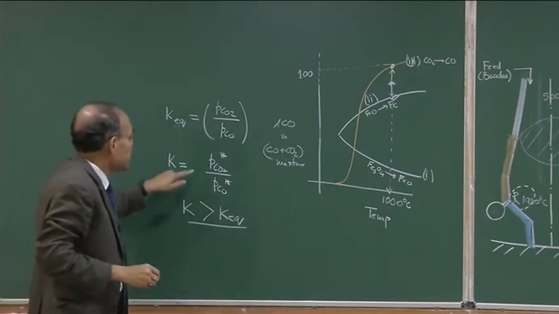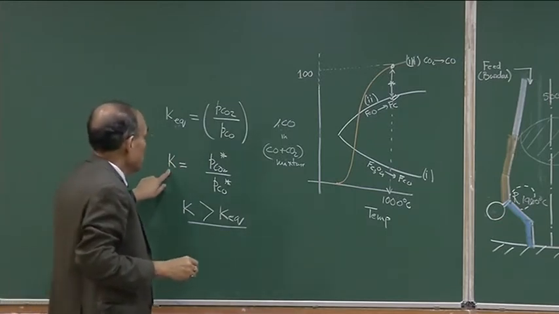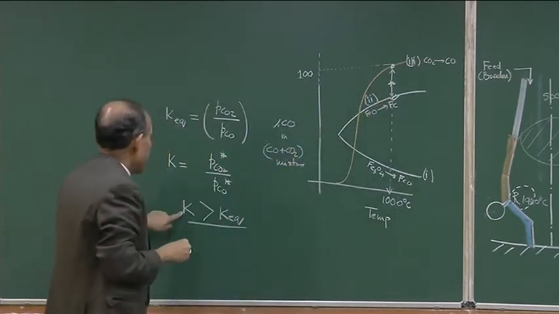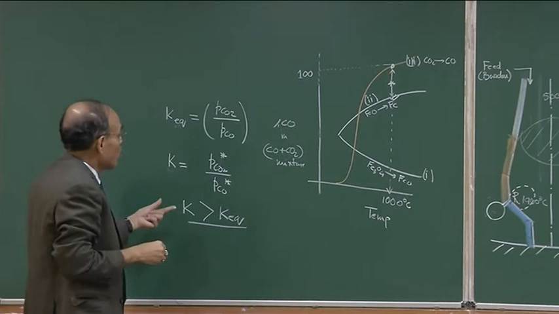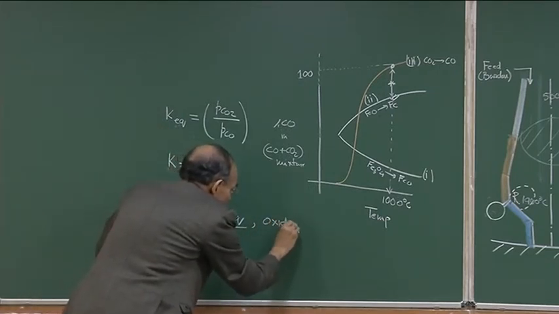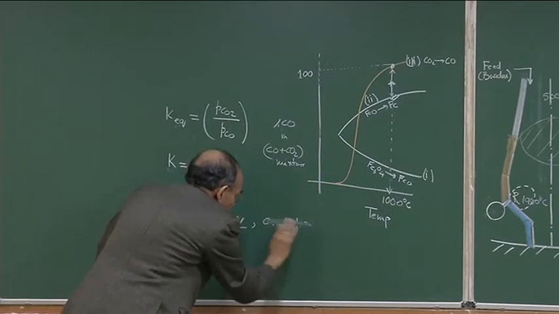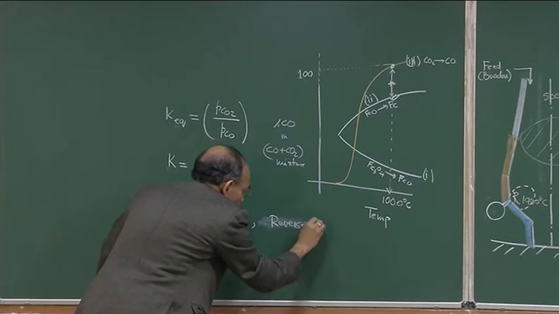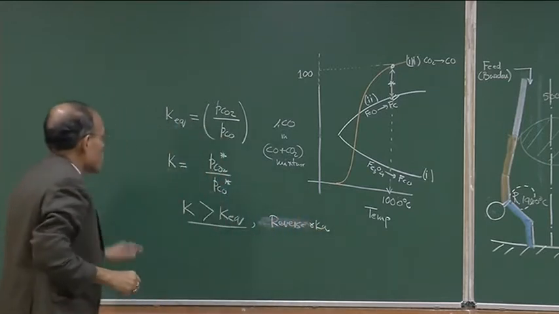okay, what does that indicate? You can see that the moment K is greater than K equilibrium, we are going to get oxidation, the reverse reaction. So, the inverse of